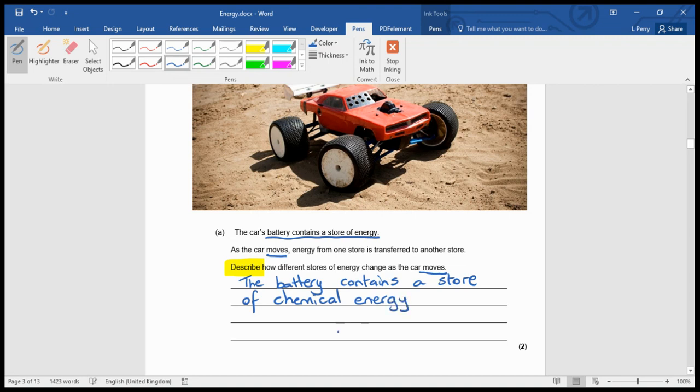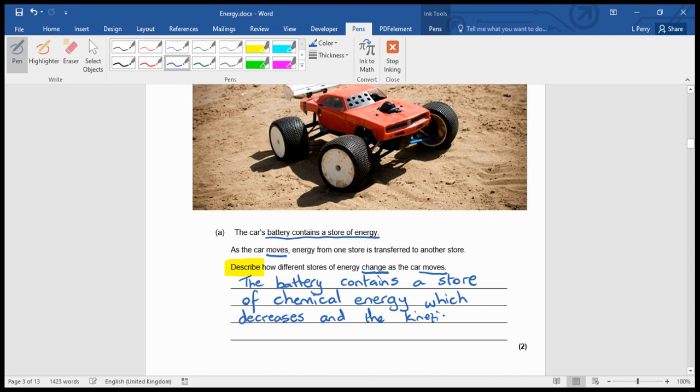Now that actually doesn't get me a mark because it does say describe how different stores of energy change, and I've not talked about a change yet. So the battery contains a store of chemical energy which decreases. The battery will lose chemical energy, and that chemical energy that it's losing will become the kinetic energy as it moves. The battery contains a store of chemical energy which decreases, and the